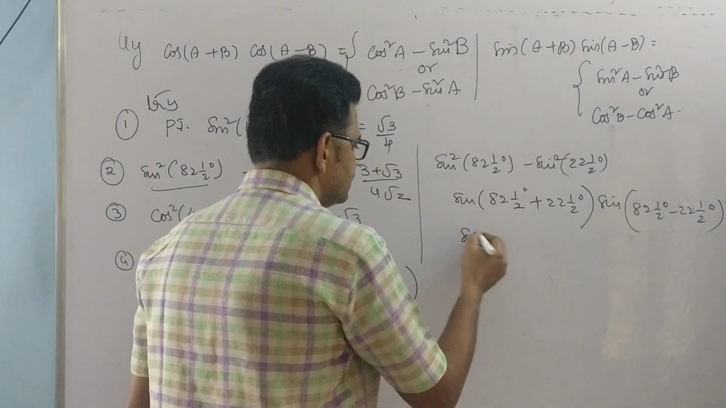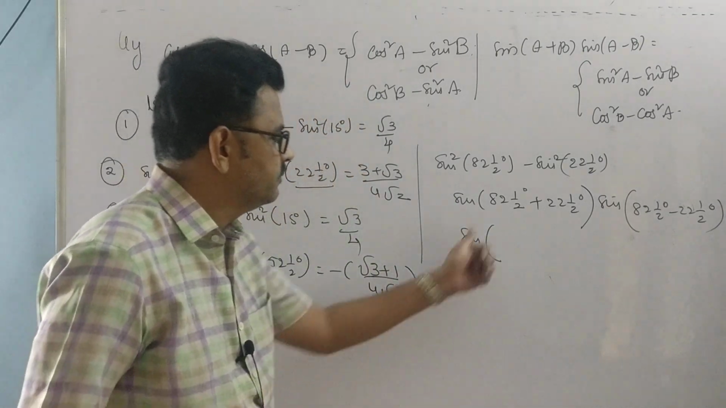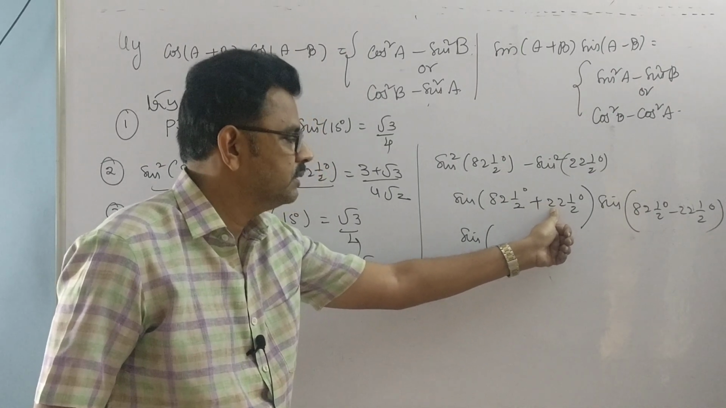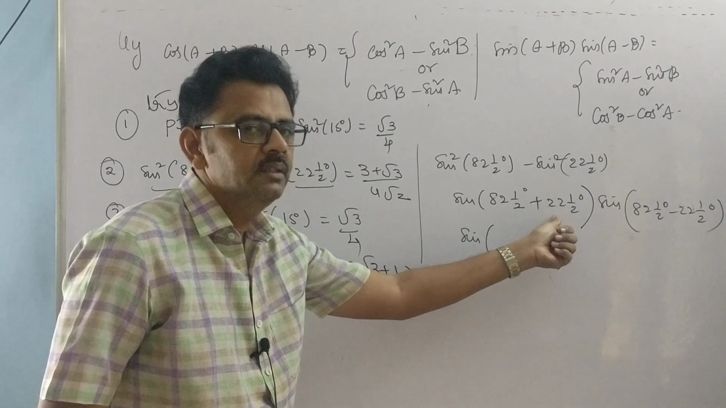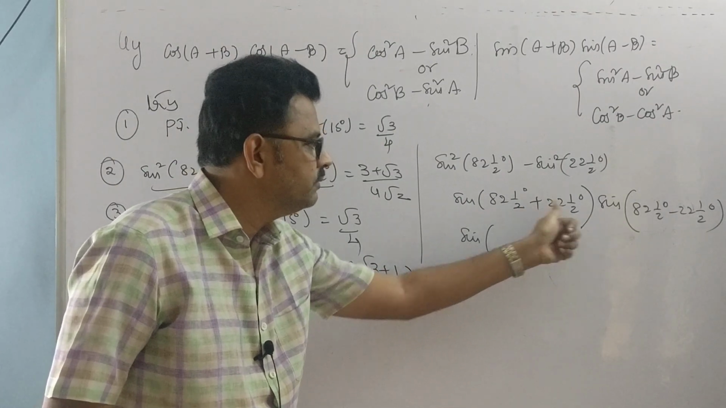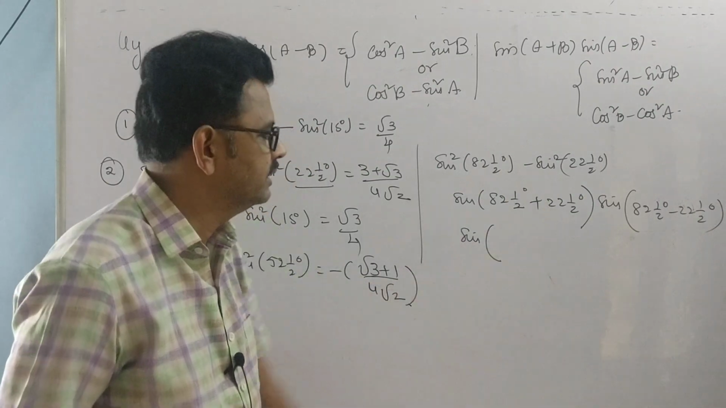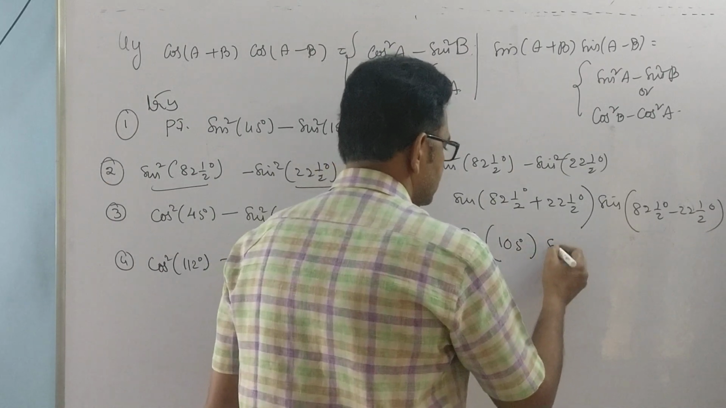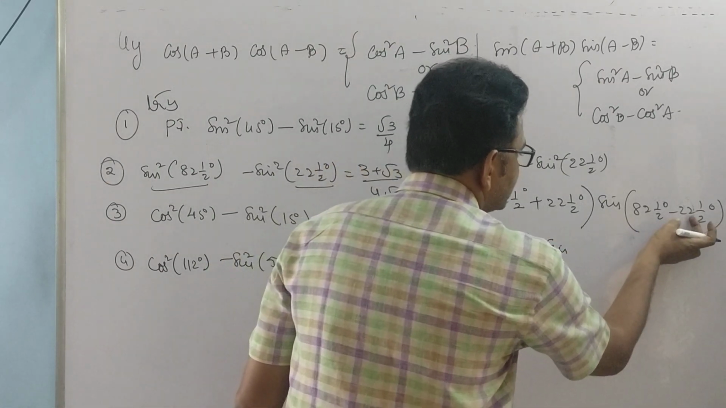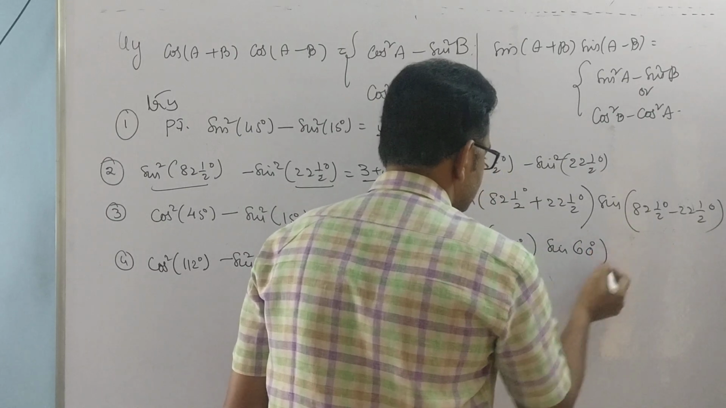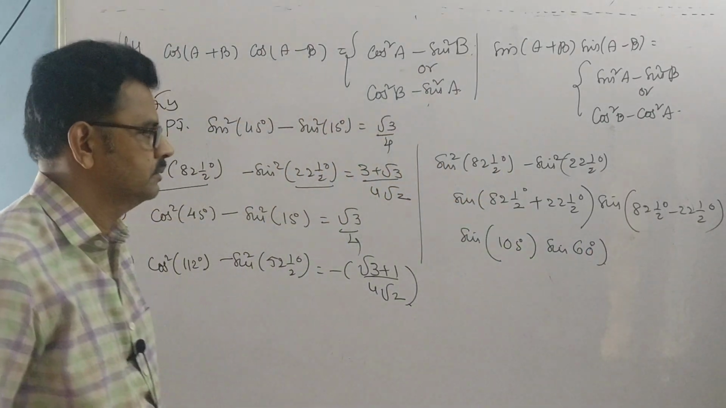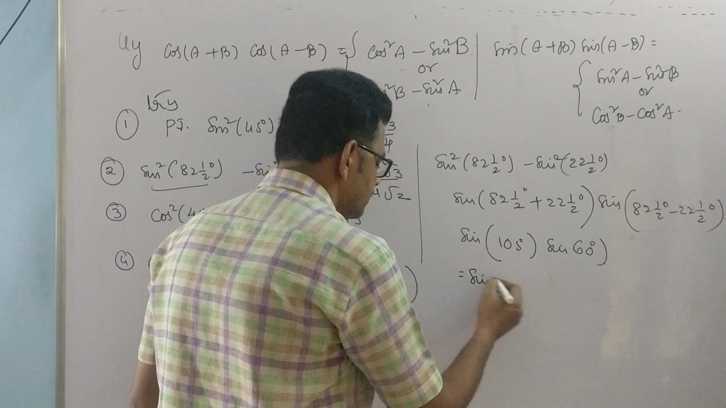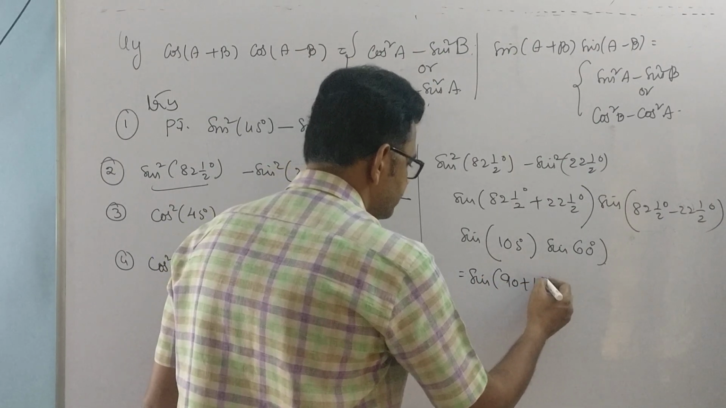So this is sin of 82.5 plus 22.5. That means what? 80 plus 20, 100. 100 plus 2.5 and 2.5, so the total is 105 degrees. So this is sin 105 degrees into sin of 82.5 minus 22.5, that is 60 degrees. You can write sin of 90 degrees plus 15 degrees